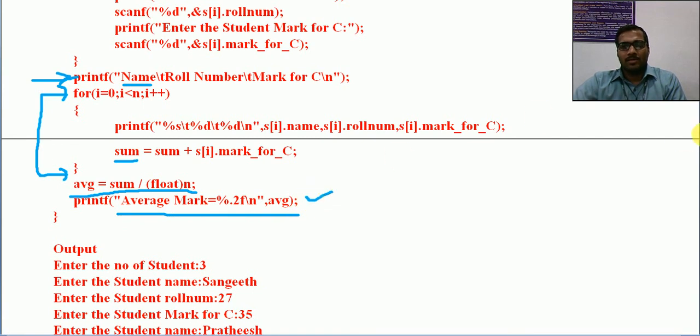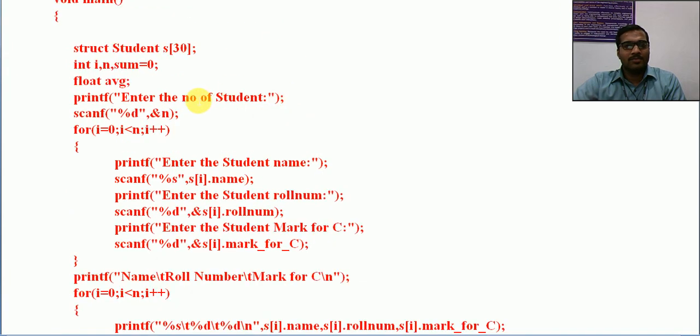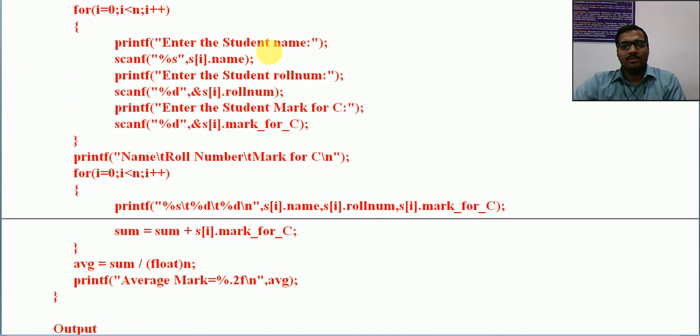Now, for reading and printing any number of students, only this much code is required. Next time when we ask for the number of students, put it here as some 100. Then write the same code, but while executing it will ask for entering all those details for 100 students. But the code is only this much. I hope it is clear. Just rewind it and go through once again if you have any doubt.